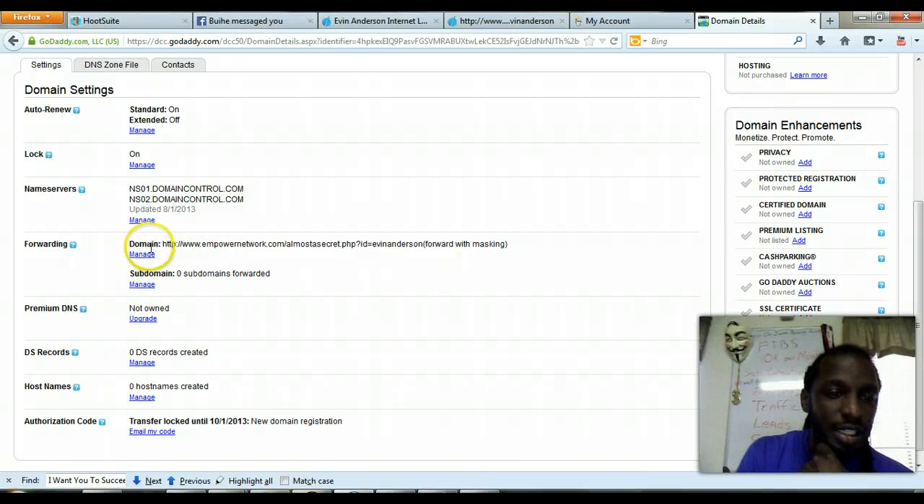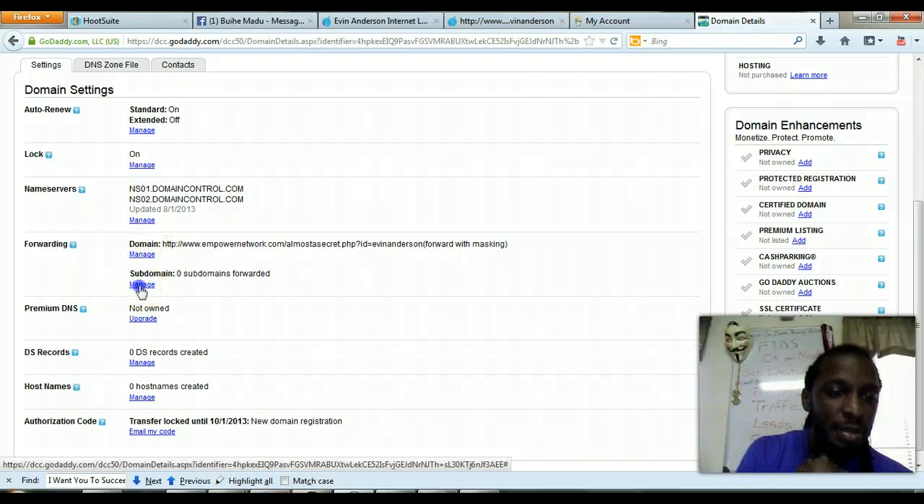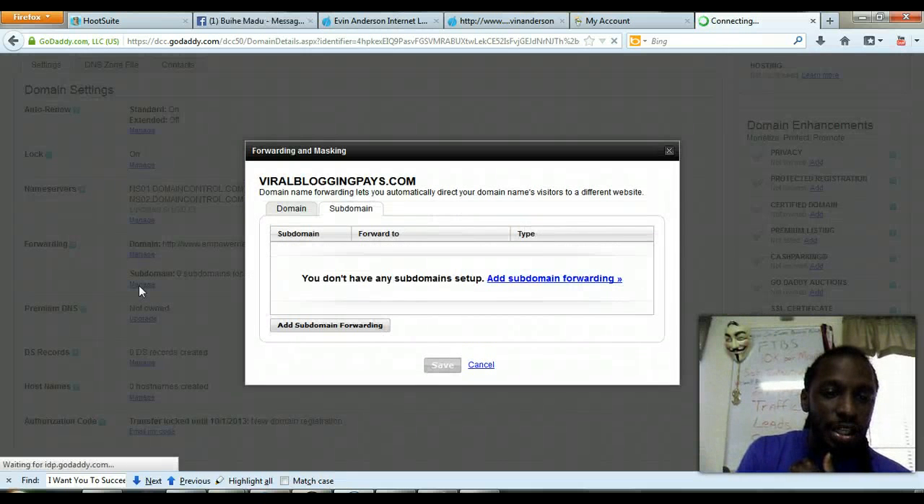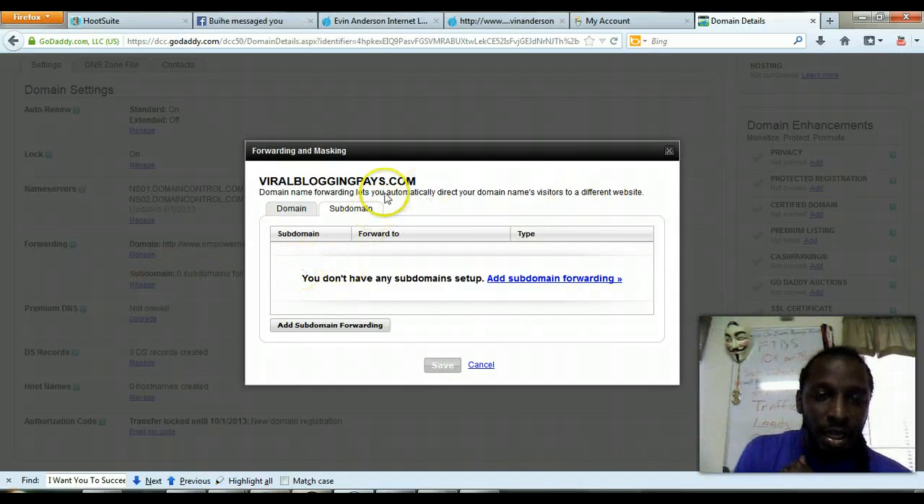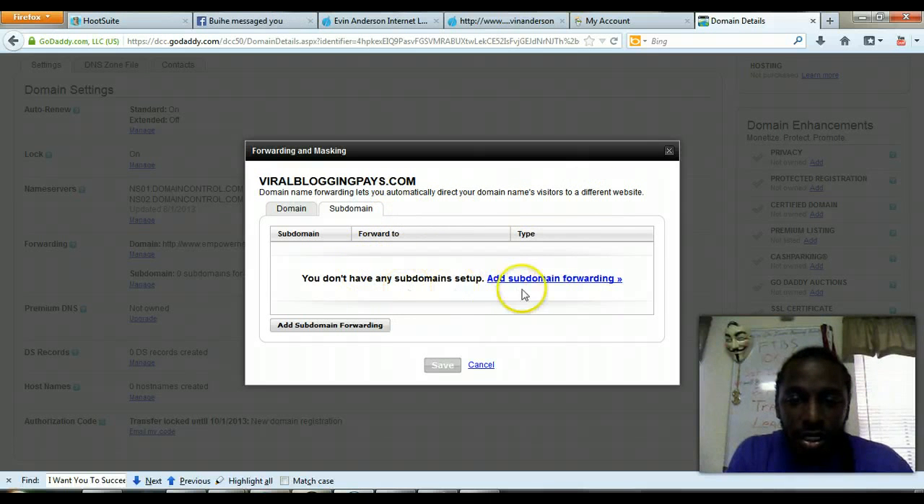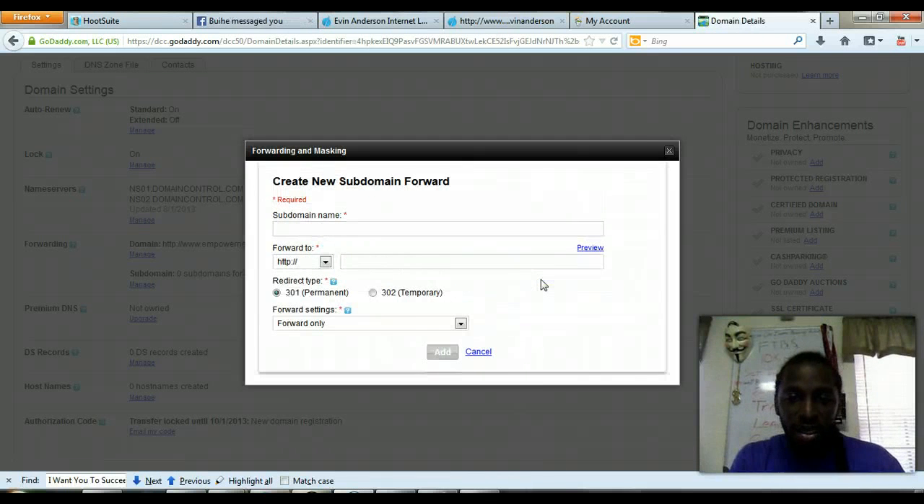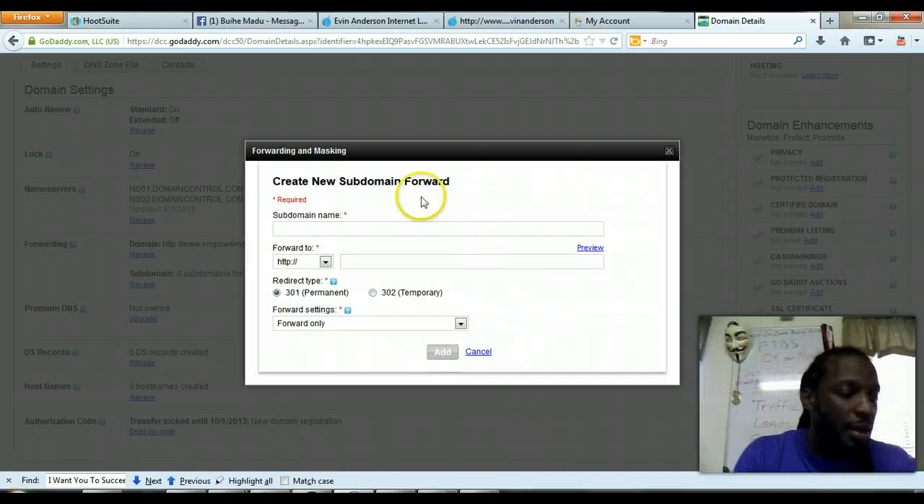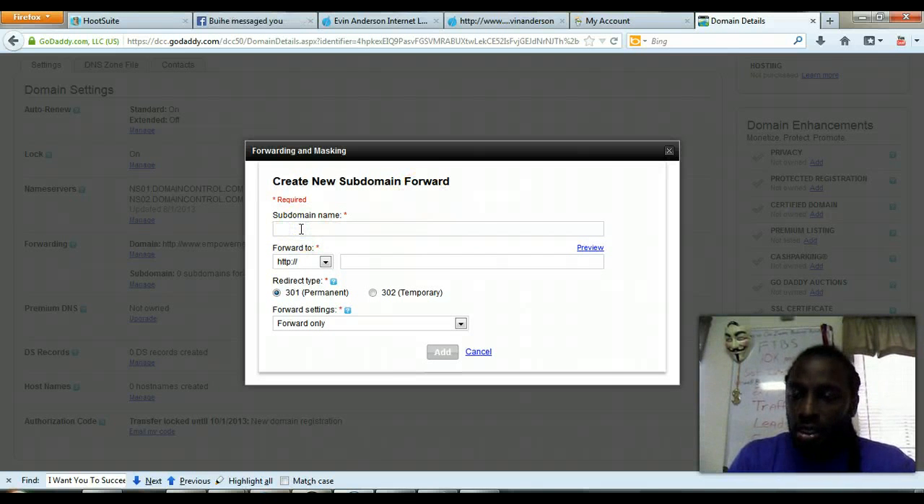And you can see it's the domain name here, but the subdomain beneath it. So what I'm going to do is click on Manage Subdomain, and you'll see viralbloggingpage.com, the domain name for it, which lets you automatically direct your domain visitors to a different website. What I'm going to do is add a subdomain name for forwarding, and the subdomain that I'm going to use is, probably should have thought about this beforehand, but I'm actually going to put